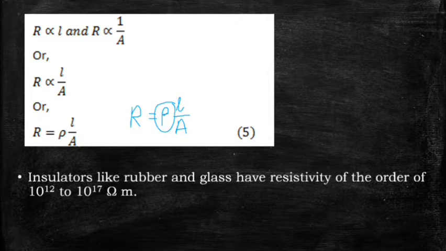I said silicon, copper or other metals have different types of resistivity. That resistivity will be this rho. The metal will have its own resistance to the current that will be a constant for every metal under some temperature. Then that will be denoted as this rho. This rho is nothing but the resistivity of the material.